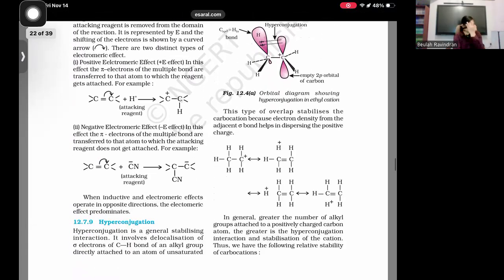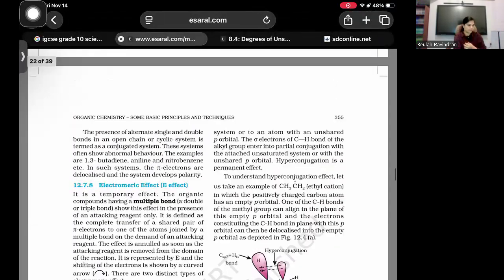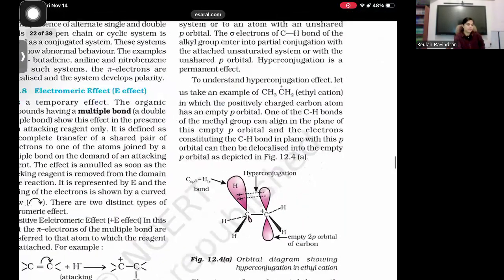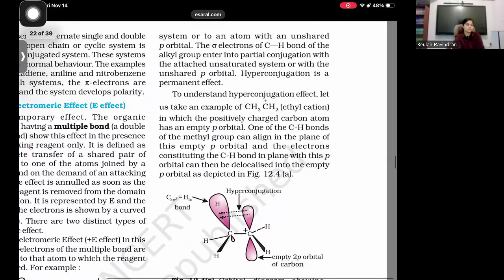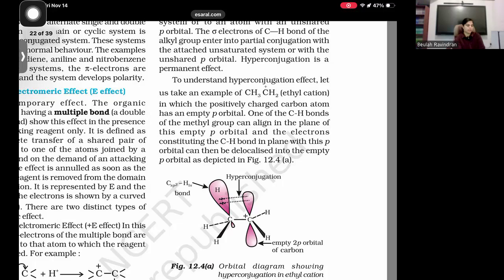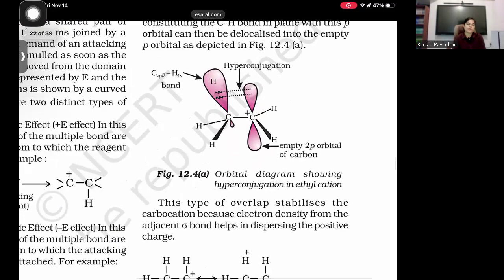See what is given here. The C-H bond of an alkyl group directly attached to an atom of an unsaturated system or to an atom with an unshared pair of electrons, p orbital. Okay. So that means what I said, pi electrons and sigma electrons. P orbital means pi electrons, we can say. So it is a permanent effect. Okay. Then this example shows,